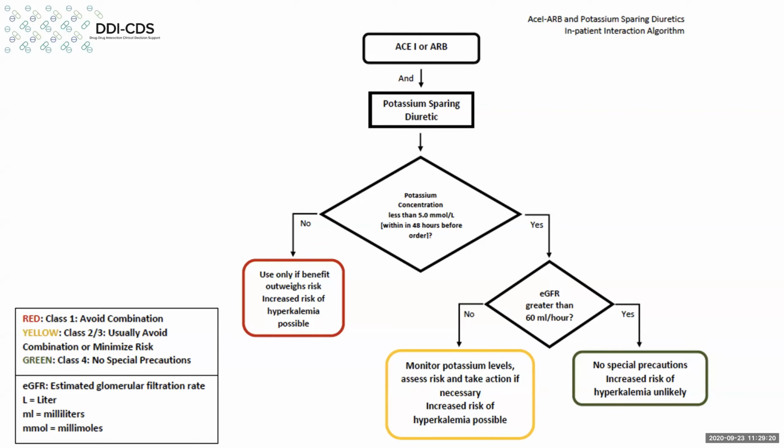Clearly, as the renal function drops below 60 or 70, you start to see more accumulation of potassium. And when you get down into the 30s, you really have a problem. So we think being a little more conservative here is a reasonable place to be. There's not as much data on the effect of renal function, other than that people who have renal dysfunction, as we saw earlier, will have increased risk of hyperkalemia.